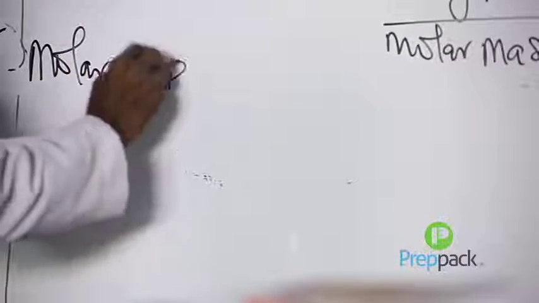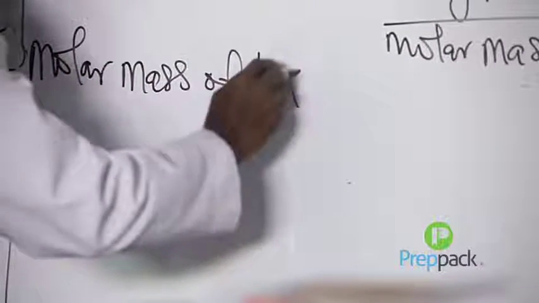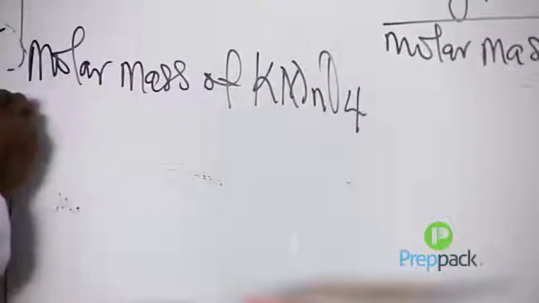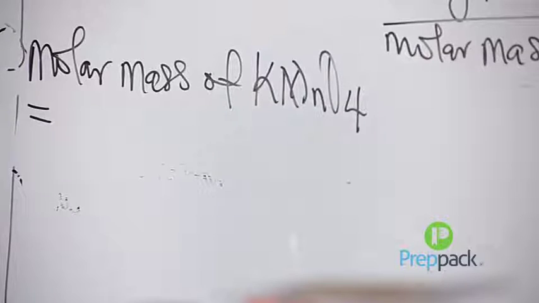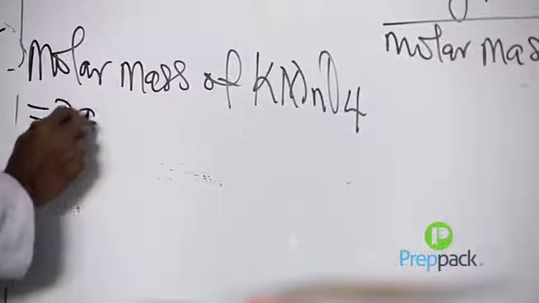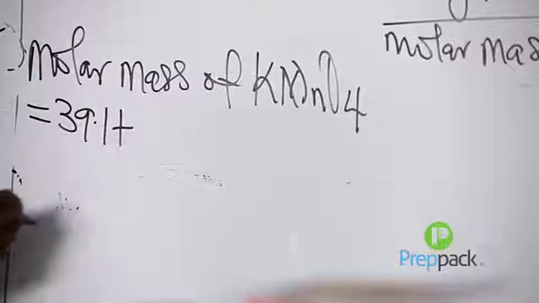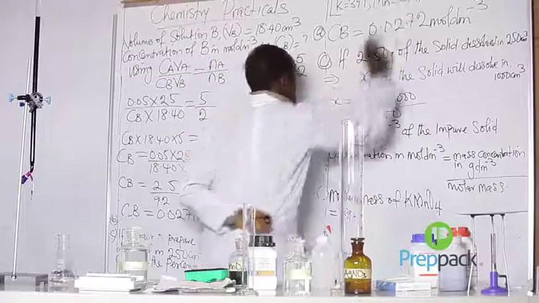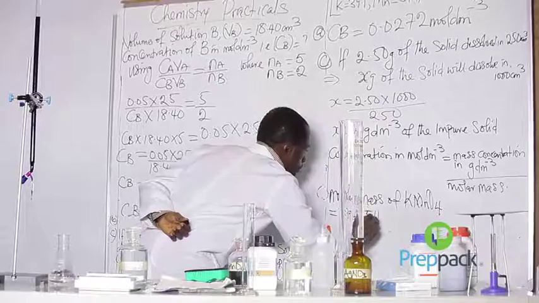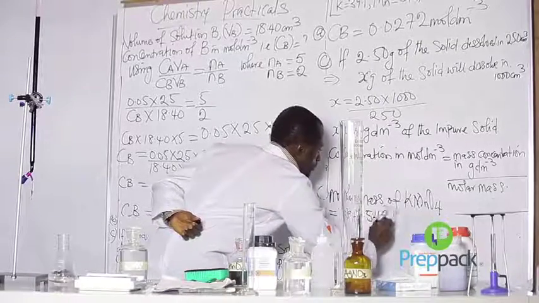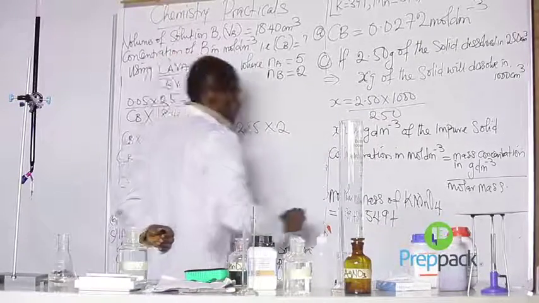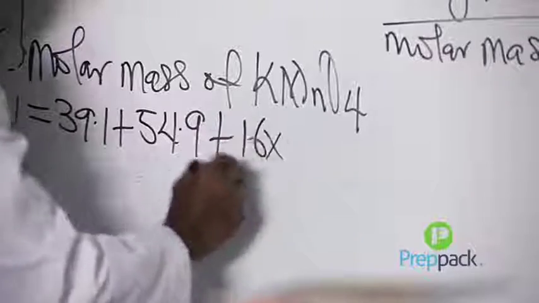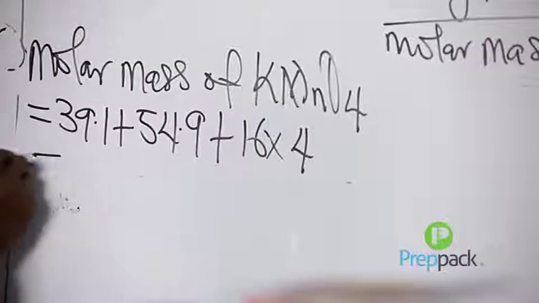Molar mass of KMnO4 equals K is 39.1 plus Mn is 54.9 plus oxygen is 16 multiplied by 4,